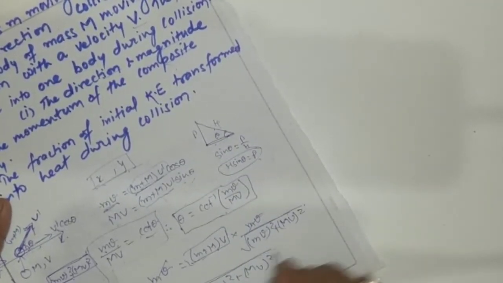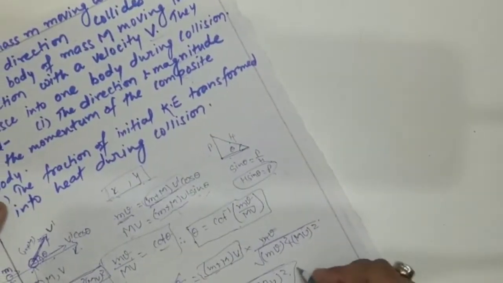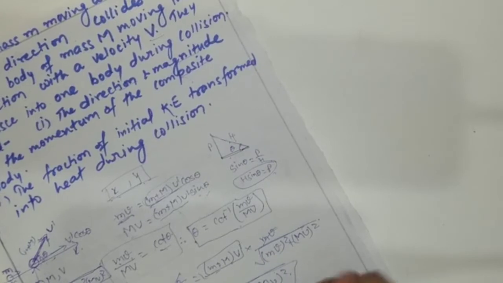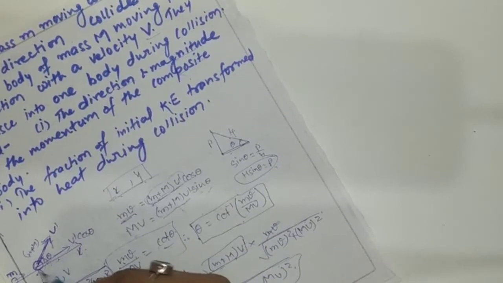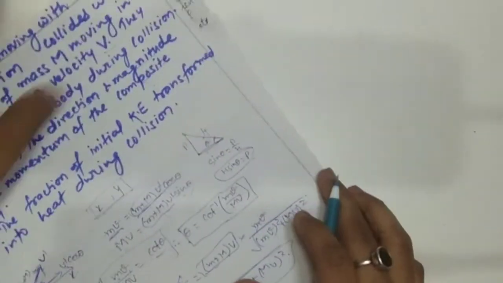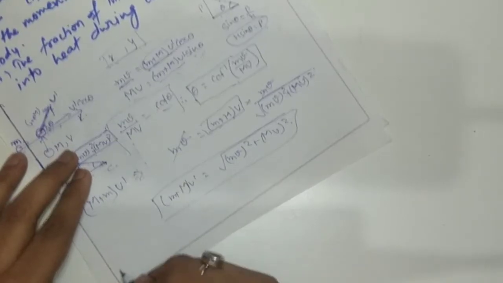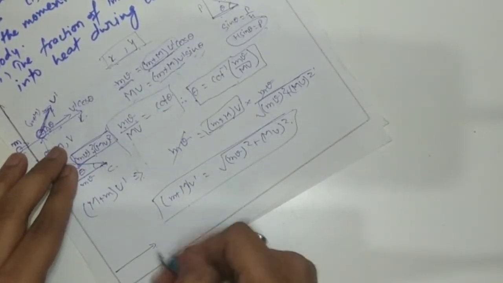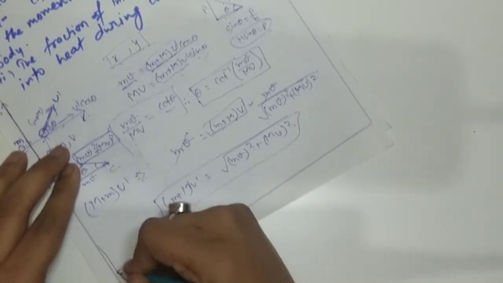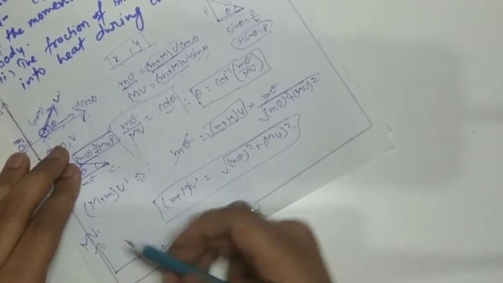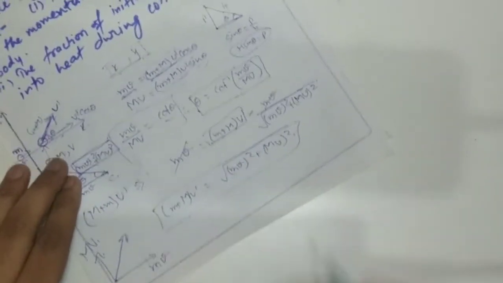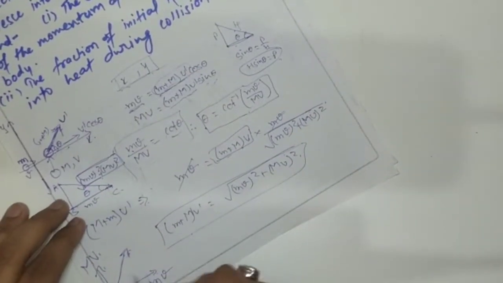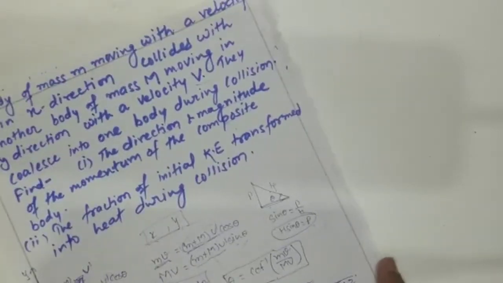So this is a general result, though it is a hard way to find it. Since we know that these momenta are vector quantities, we can simply apply the law of vector addition. It is small mv in the x direction and capital MV in the y direction, so we can just add them to get the magnitude. The law of vector addition can also be applied to this question, which will solve it pretty easily.